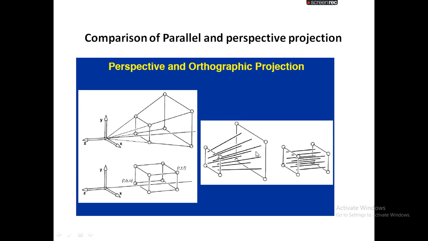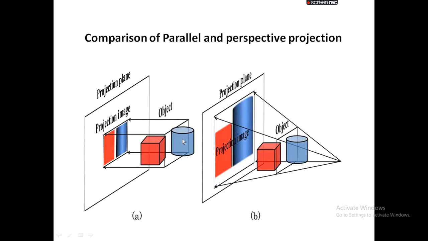But in the case of parallel projections, the projection lines are parallel to each other. If I place the object at an infinite distance from the projection plane, in the case of parallel projection, this is the orthographic projection, and this is nothing but parallel projection. Next, if you see this example, at least you may get clarity here.